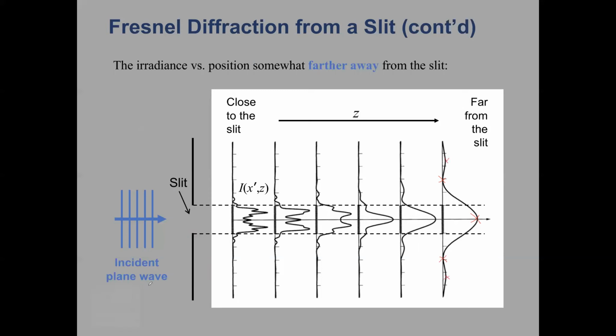And if you looked at the single slit aperture in modern physics lab, you might remember this pattern. If you haven't, well, you would have seen it in optics lab. But as you can see, as we make the distance z longer, we start getting the patterns we're used to seeing in lab. And mathematically, if we make the approximation that z is really big, that our screen is really far away from the slit,